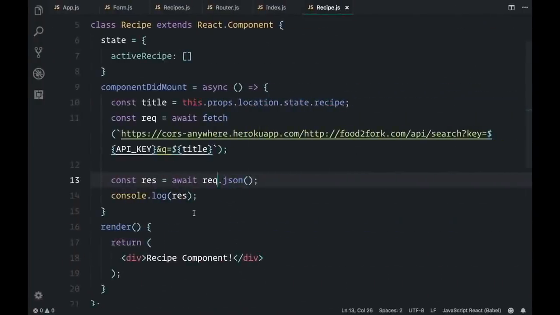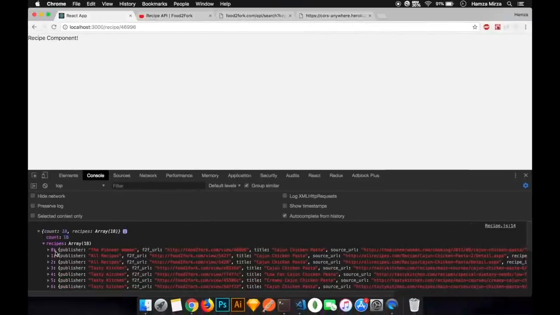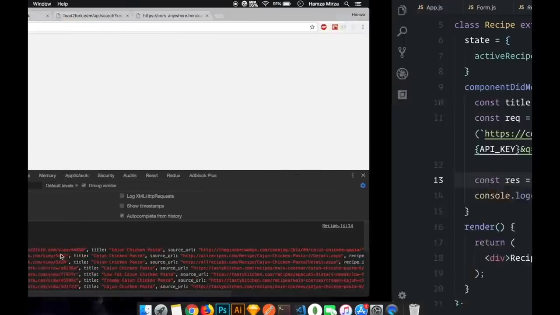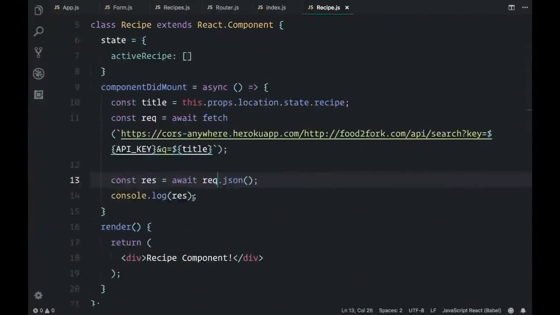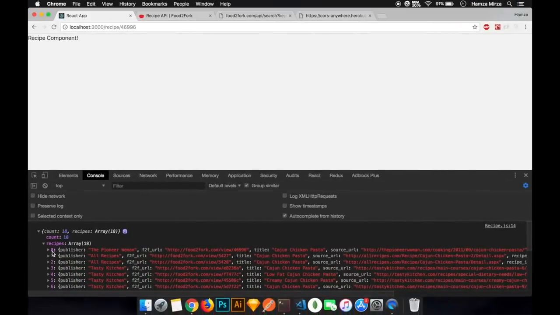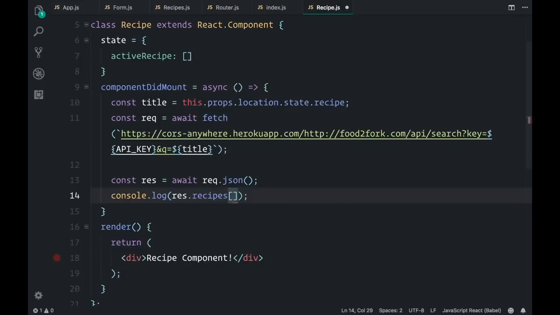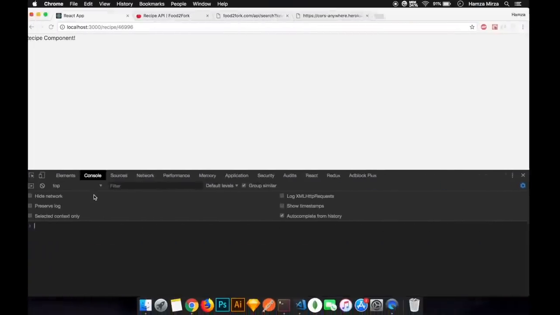So instead of grabbing everything that's inside of this recipes array, what we can do is we can say res. So remember, res is this whole object. So res.recipes, and then we just need to grab the first element in the array. So in this case, we're going to grab the element with the index of 0. Okay, press save, go back to the web browser,